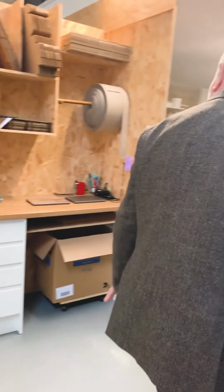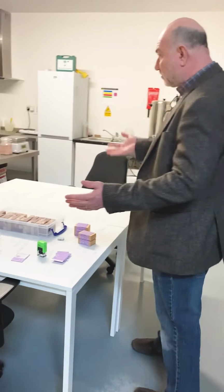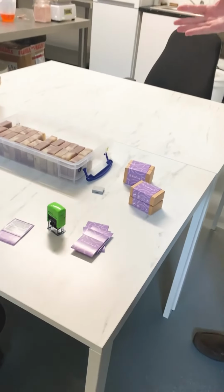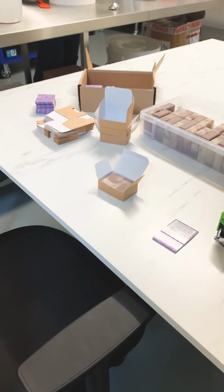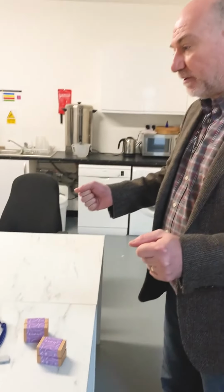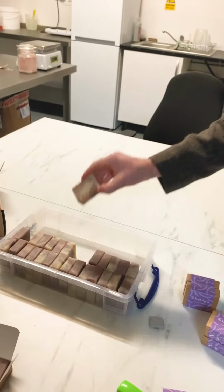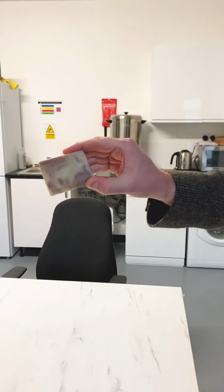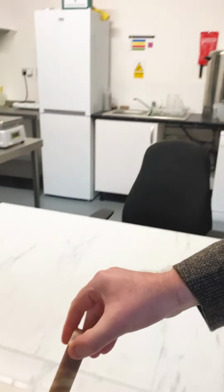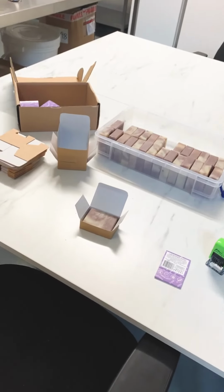So when it comes to our packaging, our bars, we make our bars, and Jane, I think, is about to make some bars in a minute. We make our bars in tubs, in moulds, and we cut those. We make them one day, we cut them the next day into bars of this sort of size. We actually hand plane each of the bars, and after 6 weeks, they're ready for packaging,